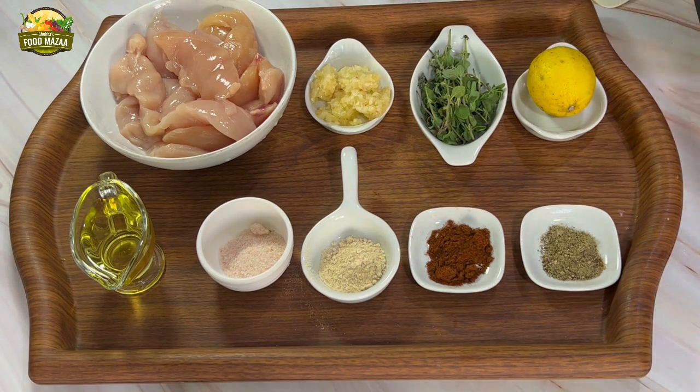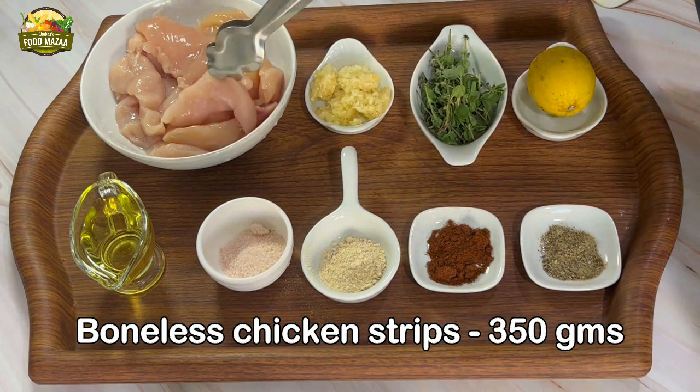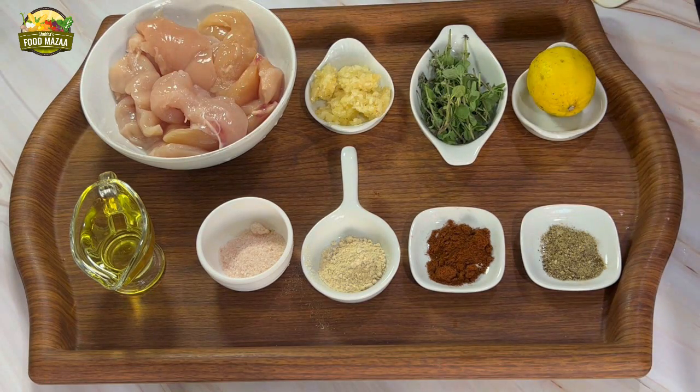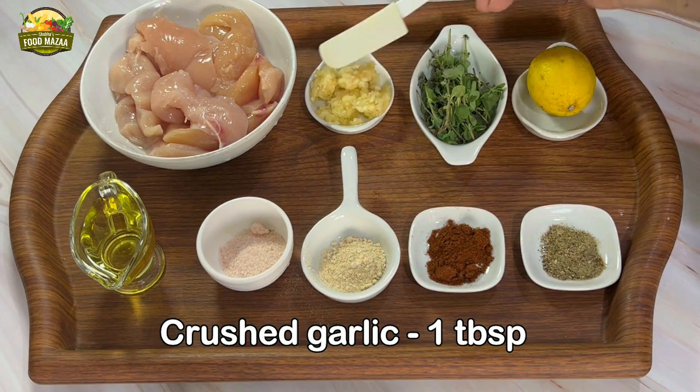For this, we will require chicken tenders or chicken strips. You get them ready. I got them from Licious. They are cut into fine long strips. Wash them well, and then crushed garlic 1 tablespoon,